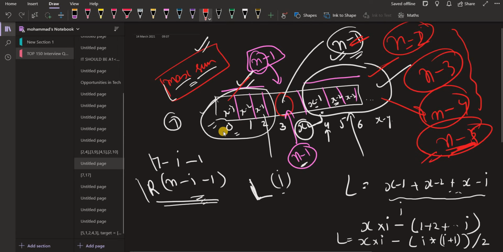So I don't want these numbers x minus 1, x minus 2, x minus 3 to become negative. I don't want that. So whichever side is larger, if there are more numbers on the left hand side, then the chances are that the negative element will appear on the left hand side. If there are more elements on the right hand side, the chances are this element x minus something will become negative on this side. So I want to avoid both of these. So let us say I have more elements on the right hand side,